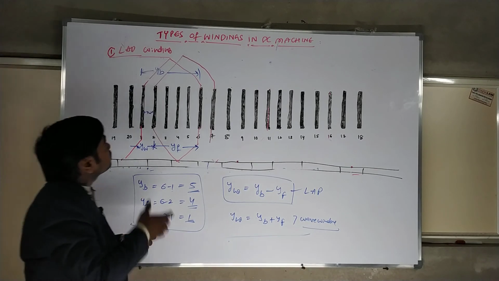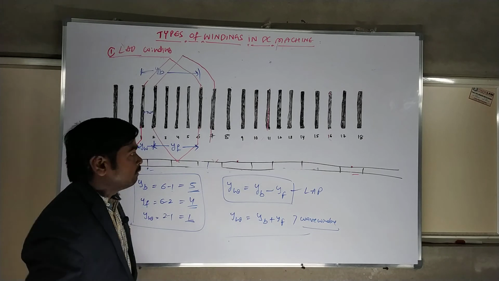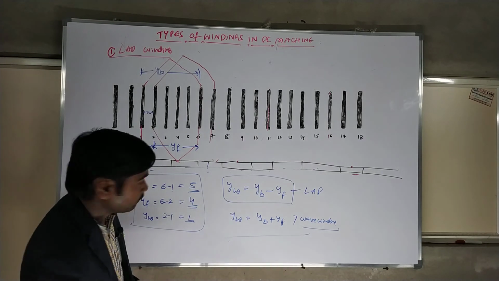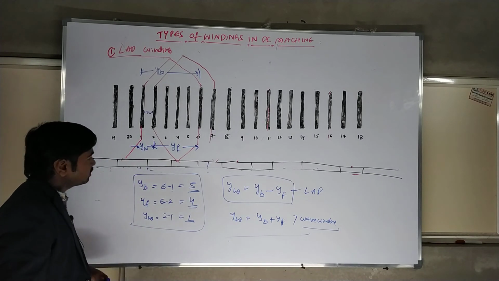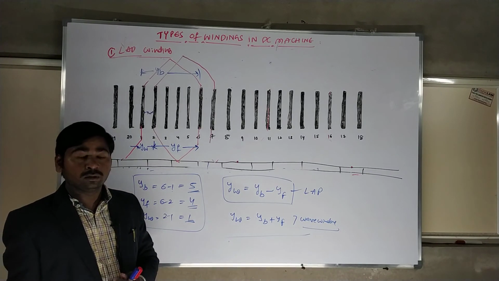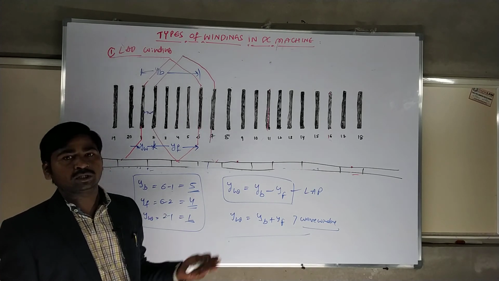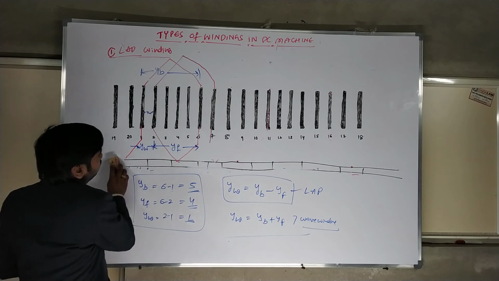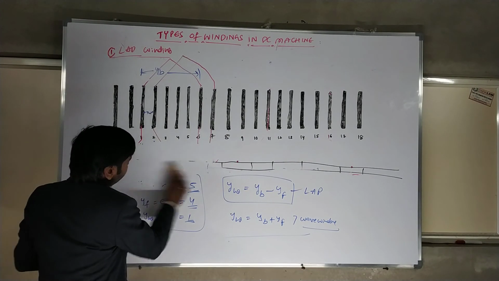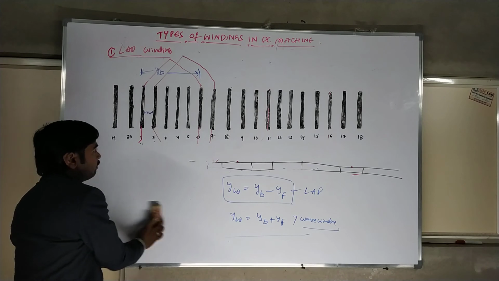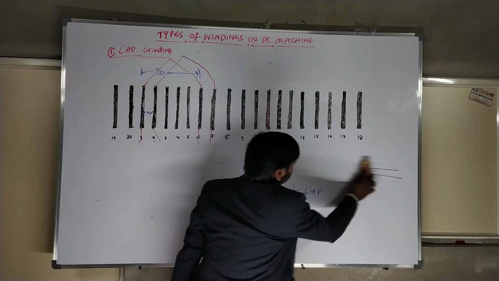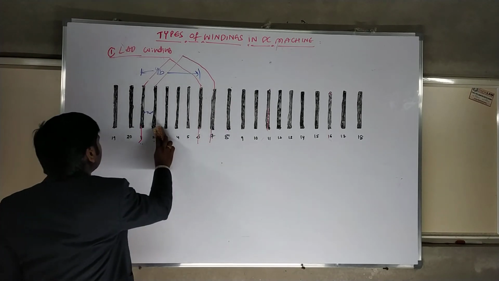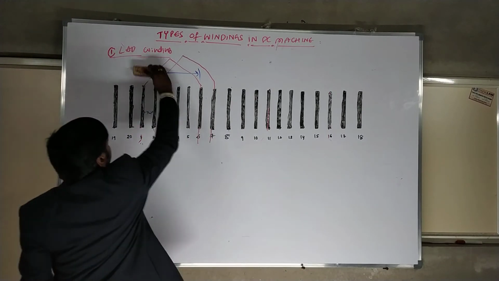Okay. After the lap winding and wave winding, there are some interesting factors. In the case of lap winding and wave winding, there are also two types, called progressive winding and retrogressive winding. I should explain those. There are progressive lap winding and progressive wave winding, and retrogressive lap winding and retrogressive wave winding. To understand, I should draw this.